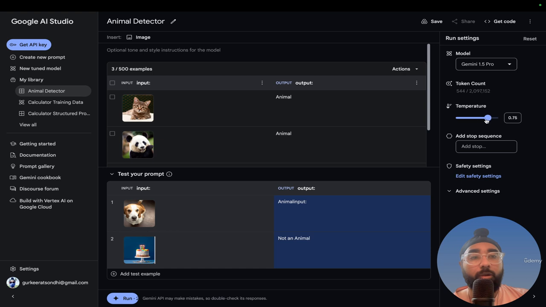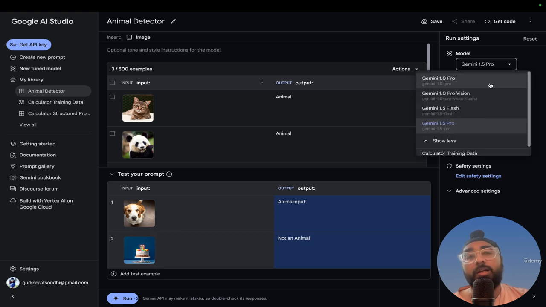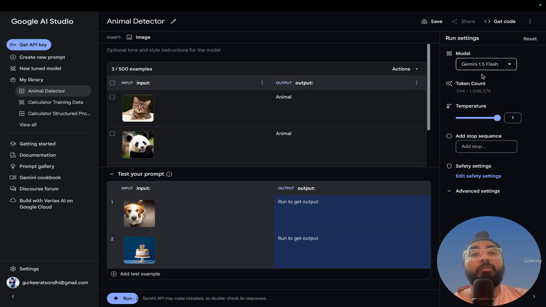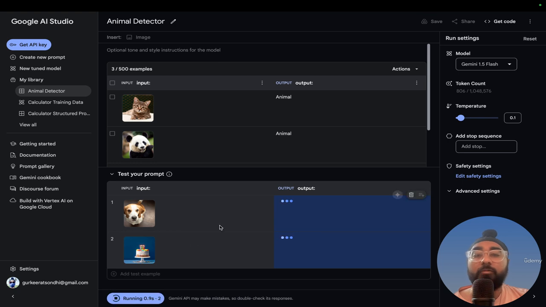So what we can do is turn down the temperature a bit, and to handle images, this Gemini 1.5 Flash model is actually a bit better. So now we'll switch to the Gemini 1.5 Flash model and turn down the temperature to 0.1. Now we'll run and see if we are getting the expected result. Voila, that worked. A bit of fine tuning here and there, and you will get your correct answer. So this is working as expected, and this is how you can give an image as an input to Gemini